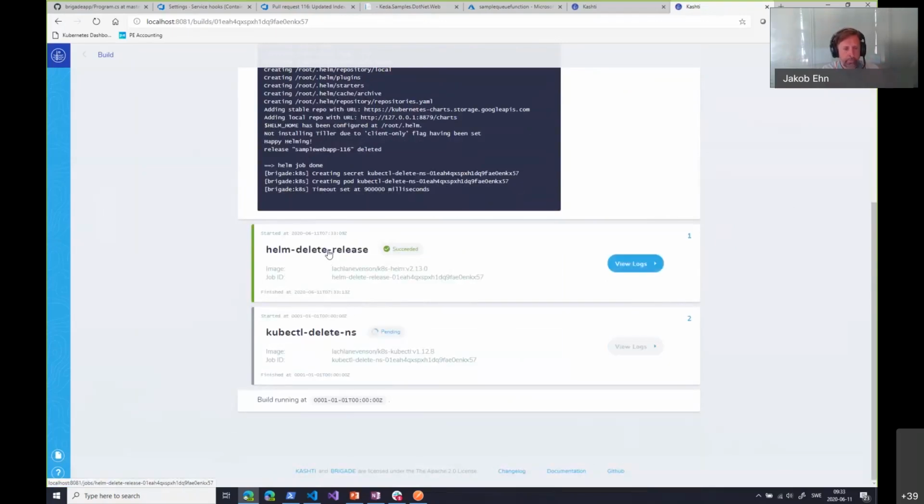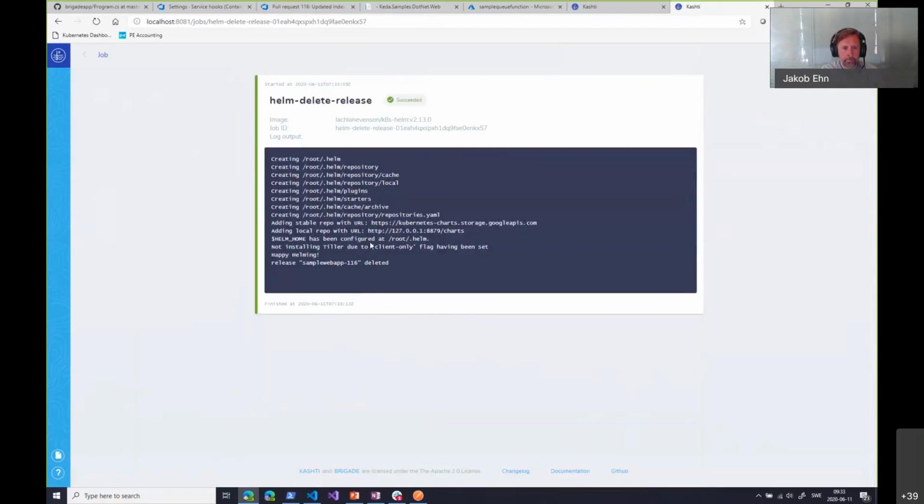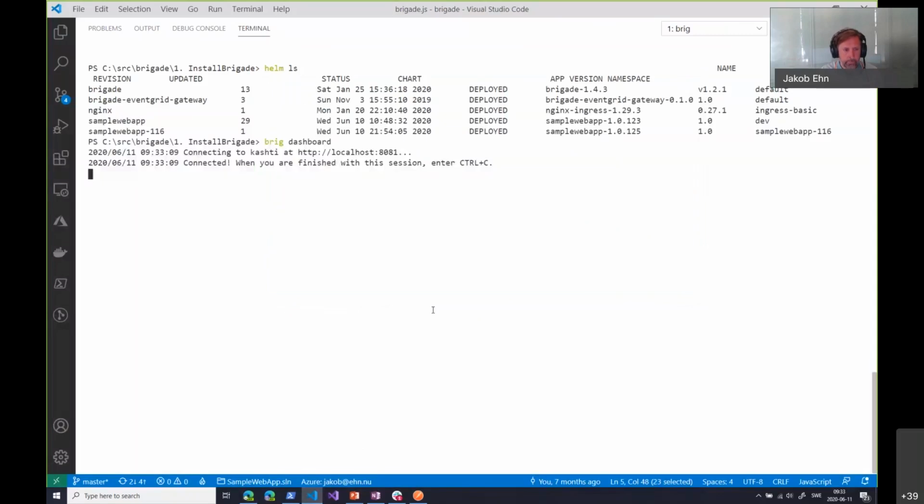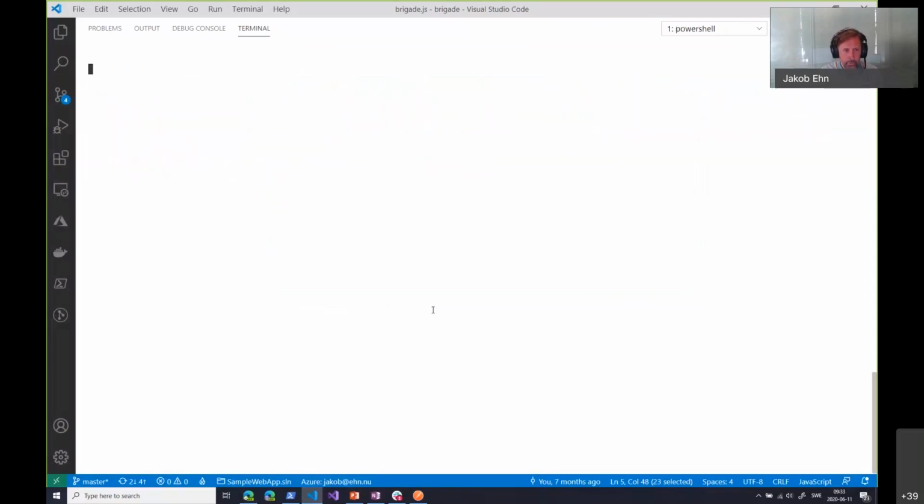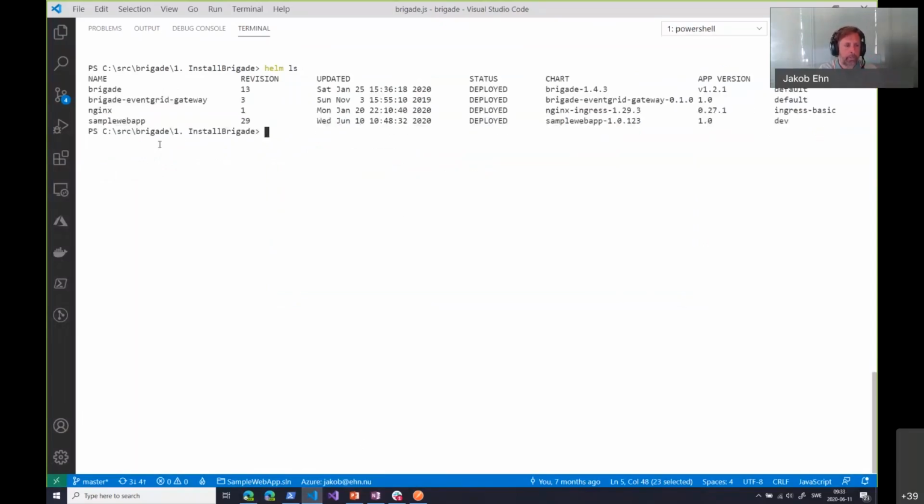So you can see now that it's deleted the release and it's about to delete the namespace as well. And that means now if I go back, we can also look at the logs from here. In this case, I'm running the Helm container, and it says release sample web app 116 was deleted. So again, if I go back to my terminal here and do a helm ls, I can now see that the sample web -116 is now gone, and also the corresponding namespace is